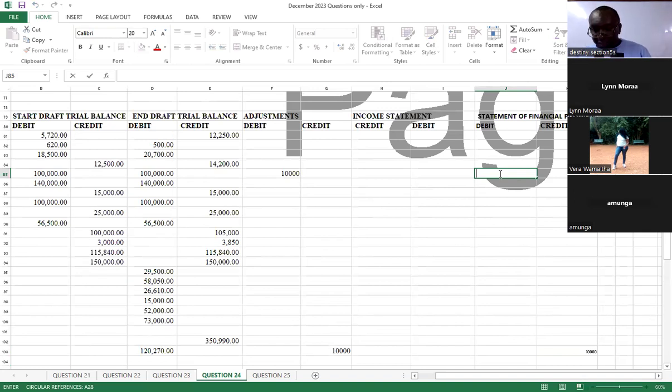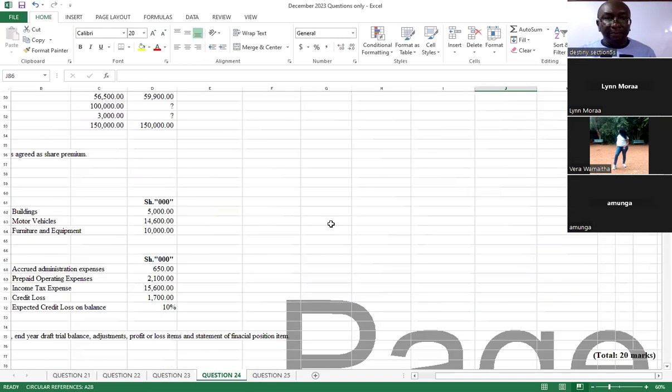And now it will be equal to this amount that we had here at the beginning plus the revaluation that we have done. Yeah. So that one is done. Okay. The next information that we are given is